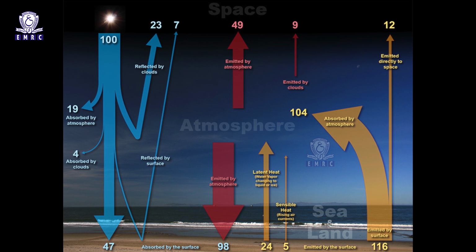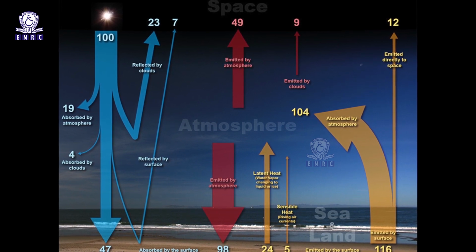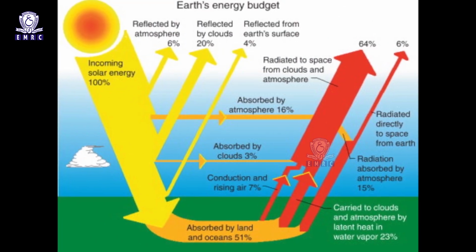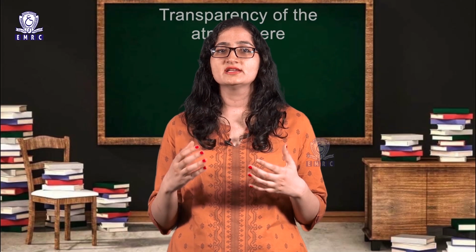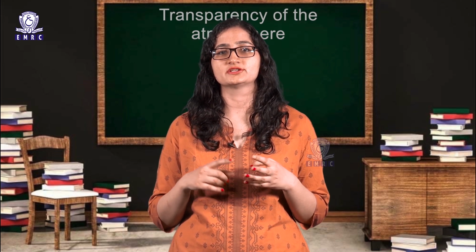The figure depicts how solar radiation has to traverse thick and dense layers of the atmosphere in reaching the Earth's surface. The longer the path traversed, the greater the amount of radiant energy depleted. Various processes whereby heat energy is lost through the atmosphere are known as scattering, diffusion, absorption, and reflection.